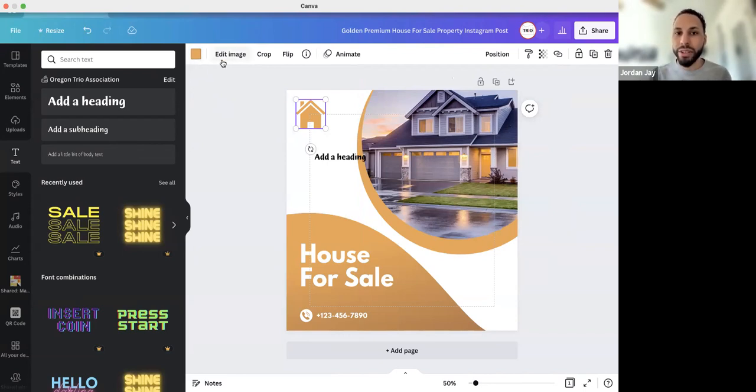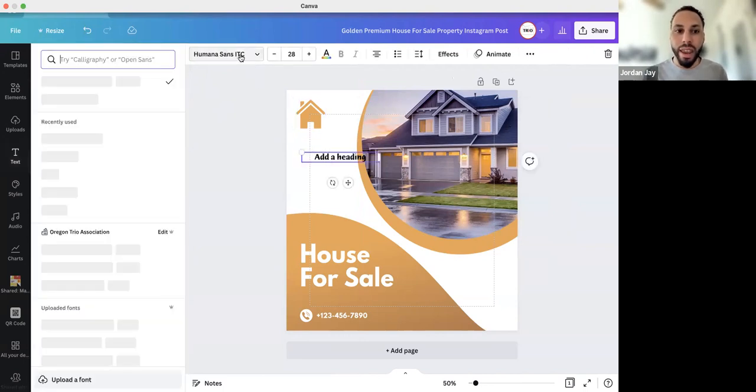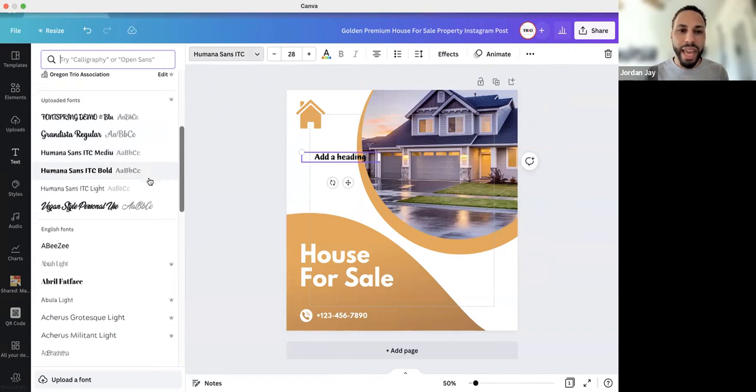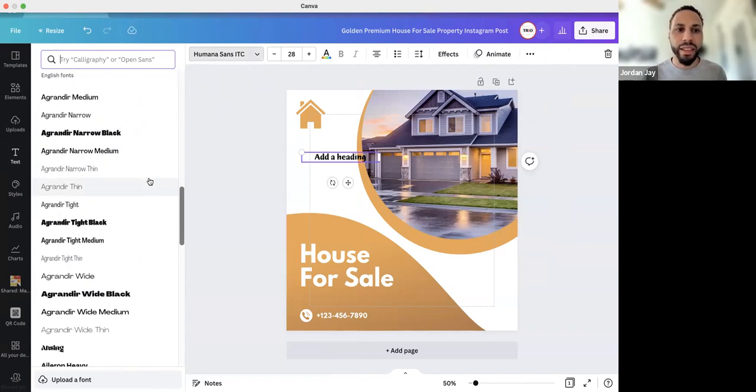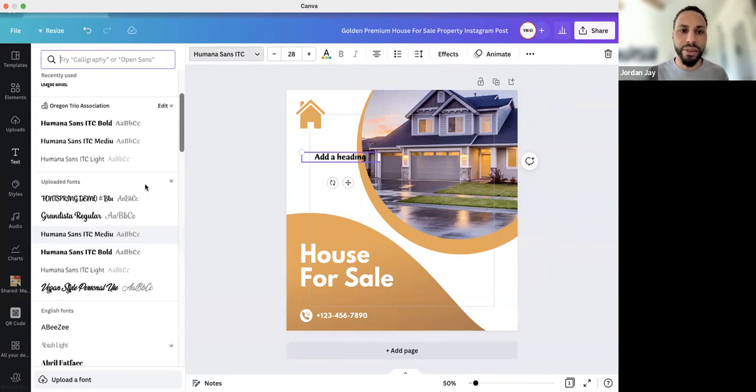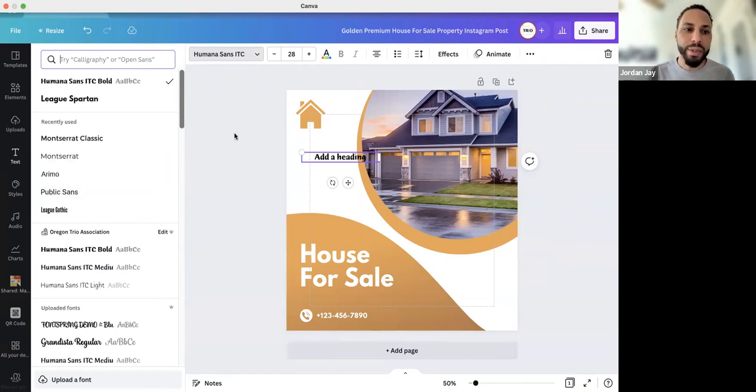You have the colors, you have the font here. Canva's fonts, I think, are a little bit limited compared to Microsoft Word. So if there are ones that are on Microsoft Word, you can usually find those online and download the font file and then upload it onto here.